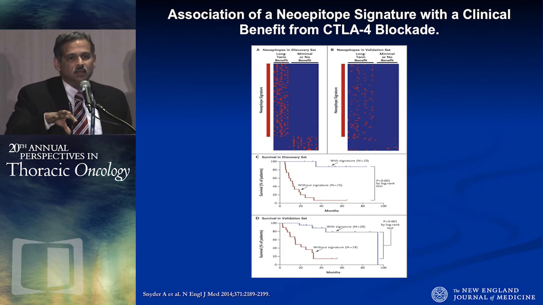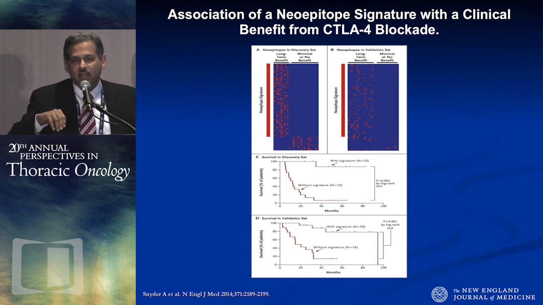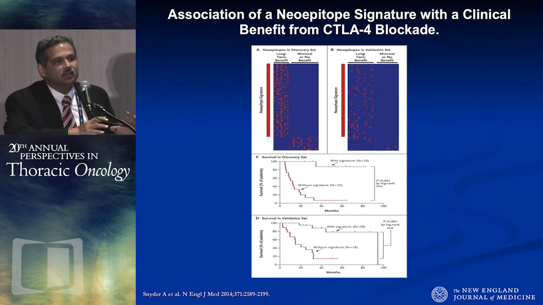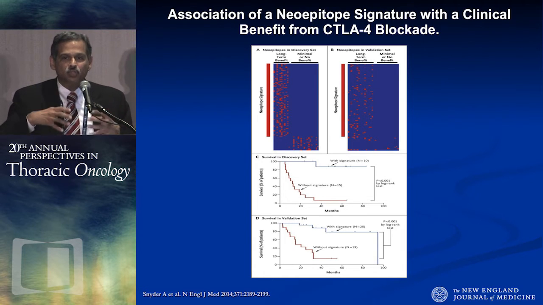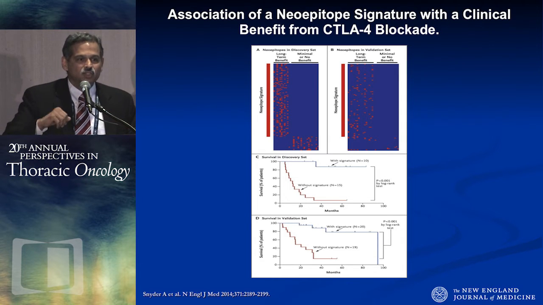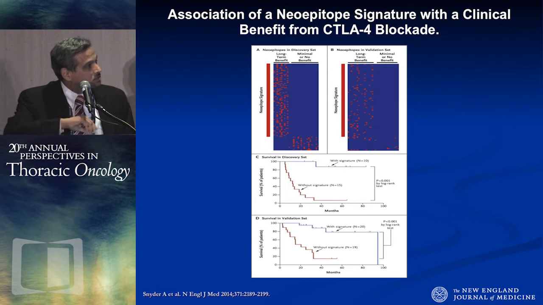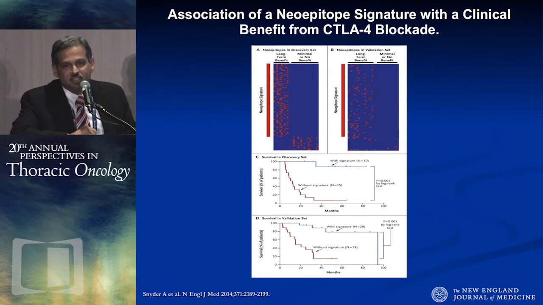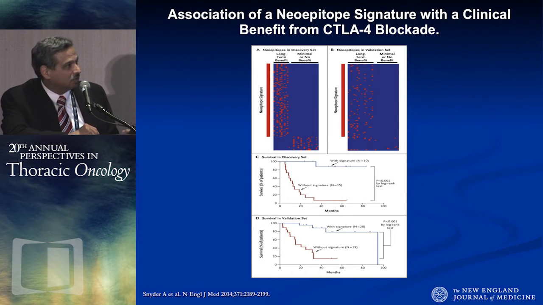Now, what is clear from any of the data from immune checkpoint inhibitors, and I'll come to this more when we discuss PD-1, is that these drugs work in a proportion of patients, whereas there's virtually no activity in a certain group of patients. And so there has been a great deal of interest in understanding the biomarkers of efficacy, which are the patients who really benefit. This data is from melanoma, wherein they took just 64 patients, and in their exploratory phase,